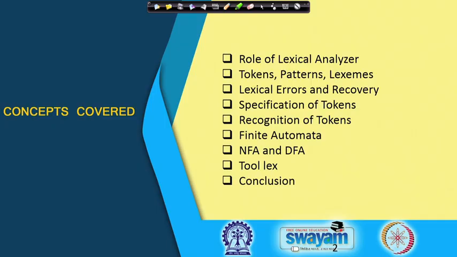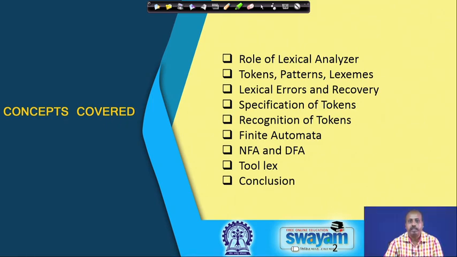Then there are some lexical errors that may occur, like maybe some word which is misspelled, like say somebody while writing if writes fi. So, the lexical analysis tool can identify that type of mistakes and it can correct those errors, or at least suggest that possibly the user wanted to write if but has written fi.